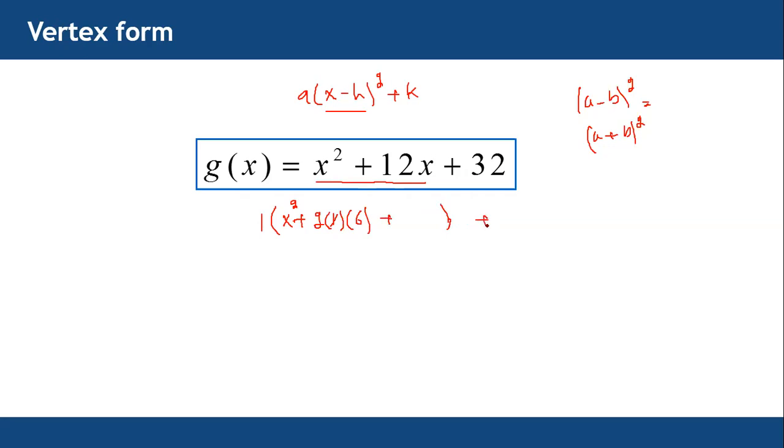we have 32 here. It means this formula is incomplete. We have x squared plus 2ab, but b squared is missing. So what is b here? b is 6. So add 6 squared inside, and also write 6 squared minus 6 squared outside. It means you are adding and subtracting 6 squared.